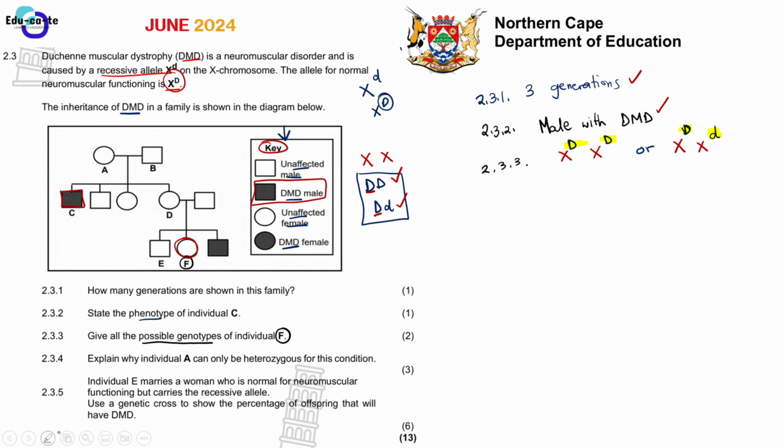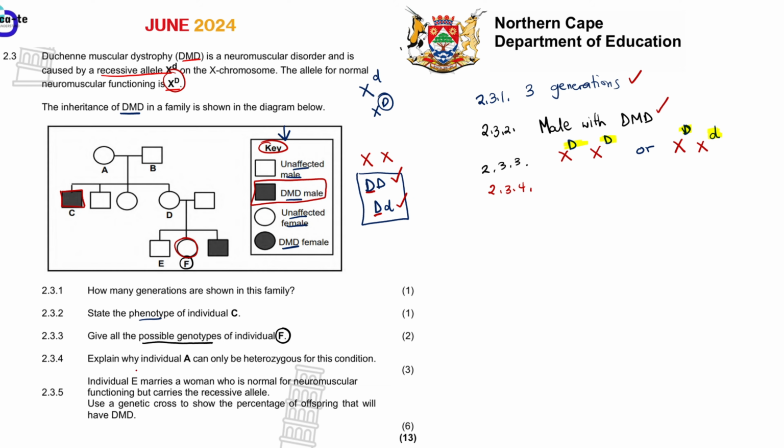So basically we say that the female that carries a recessive allele, but the female is not affected with the condition, then that female, we actually say that she's a carrier female, because females can be carriers. They can carry the allele that is causing the condition, but still they can be normal due to this dominant allele that is masking the condition.